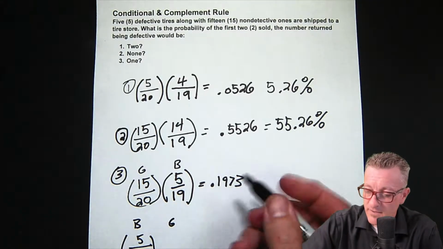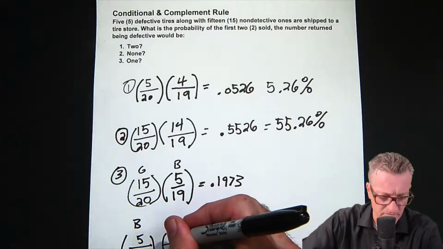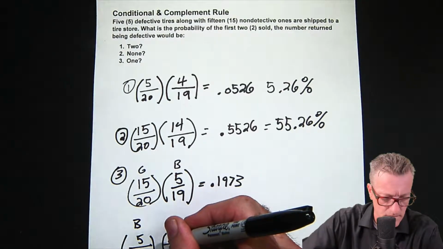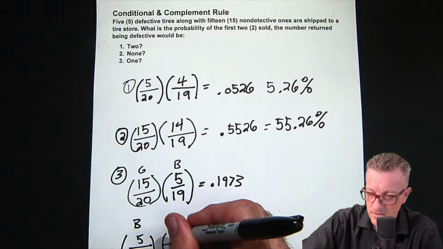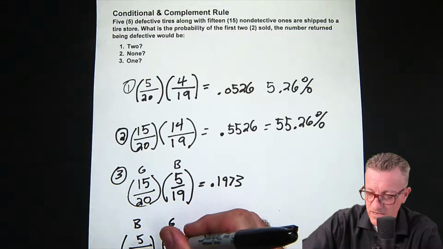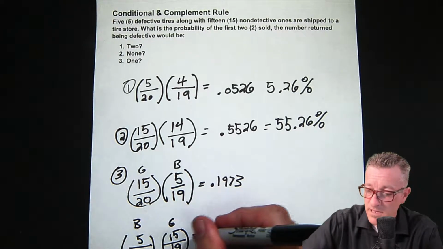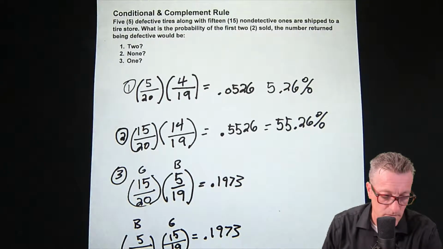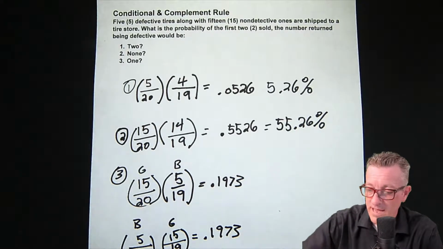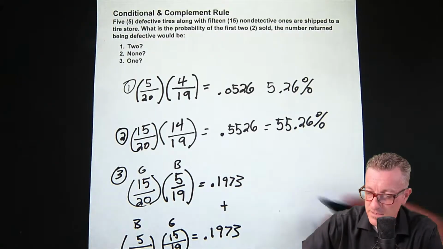And then for the second one, being the good, 15 over 19. And it ends up being the same. Okay. So when we add both of these up, this one and this one,